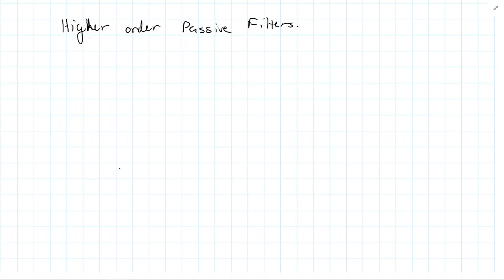Okay, so we've talked about low pass and high pass filters. We will talk about band pass filters as well. But before we get to that, I want to talk about higher order passive filters. We're not going to go into a huge amount of detail about this, but we will get some basic ones. So remember, we're just going to look at our first order